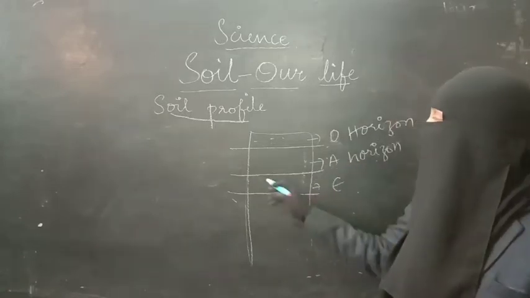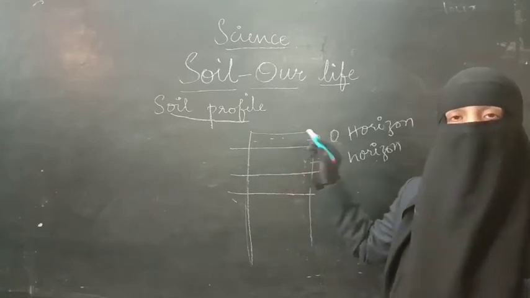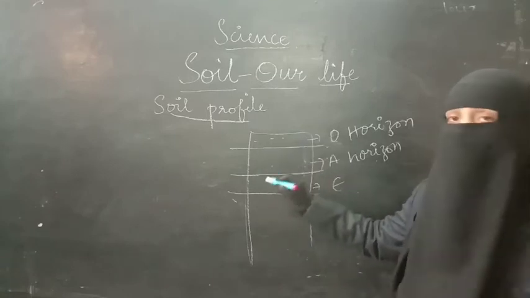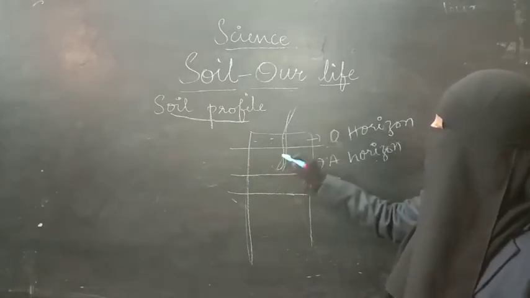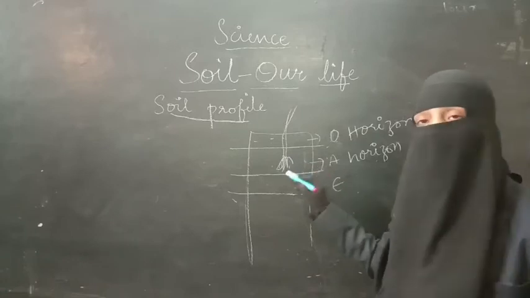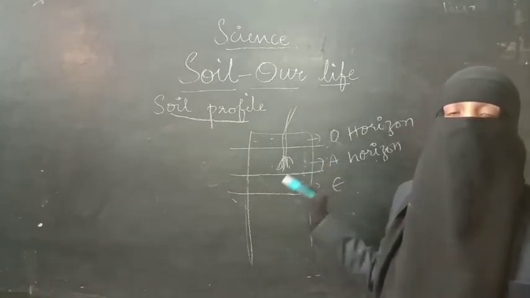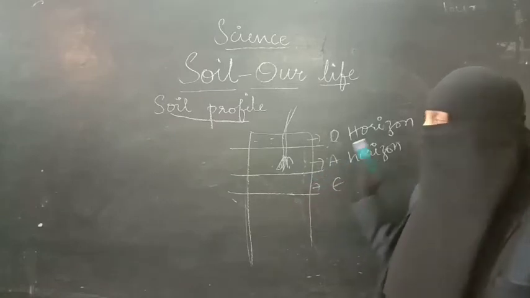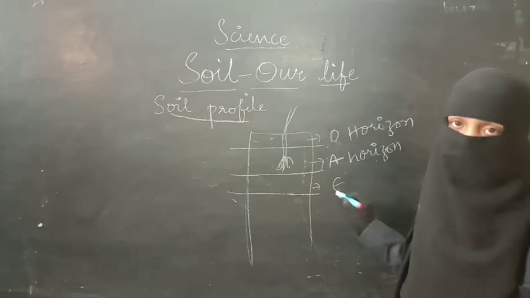In this layer there are minerals. Here also fertility of soil is present and as a result the roots and seeds of the plants will grow from this layer. The roots of the plants are present in this layer. This layer is also a fertile layer which has many nutrients and because of this plants can penetrate up to here. And the next layer which is present after A horizon is E horizon.